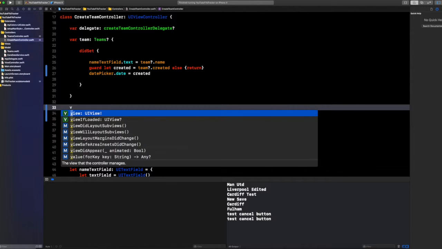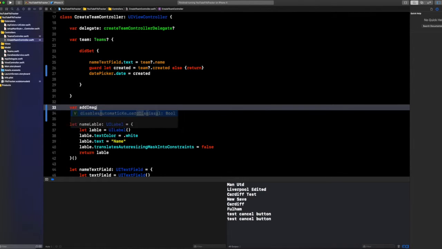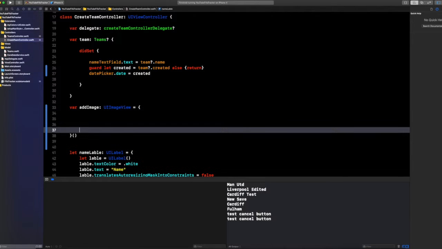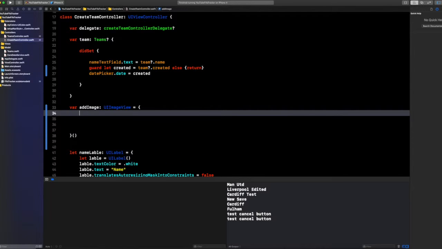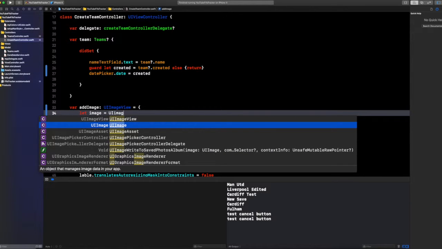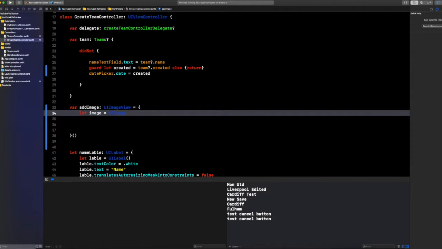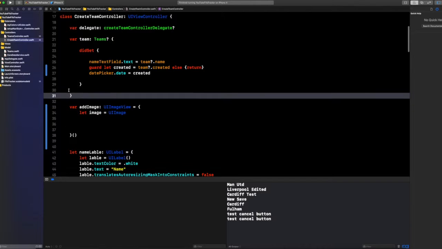We've just added a closure constructed. So we'll create a variable called addImage, and it's going to be of type UIImageView, and it's just going to be an empty closure constructed like we've done before, which is just a wrapper for all our UIImageView stuff. So let image equal to UIImage,